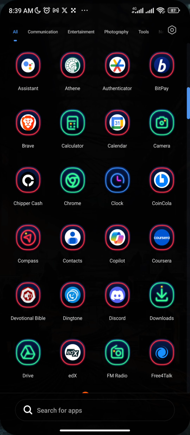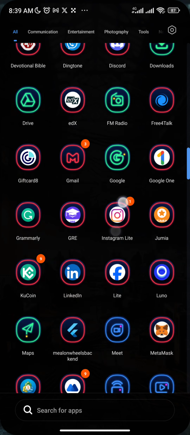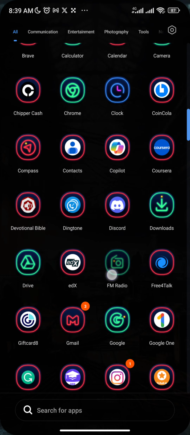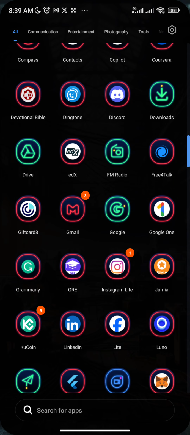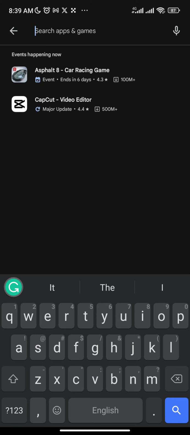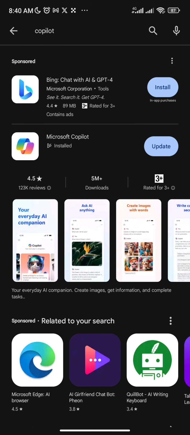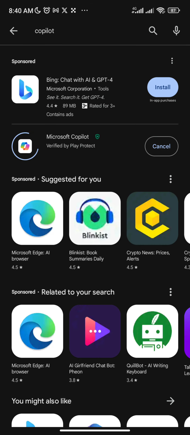Basically, this time I'm going to show you how to use Chat-GPT4 for free. If you want to use GPT-4 for free, the first thing you need to do is go to the Play Store and download this app called... just download this app. Let me update my